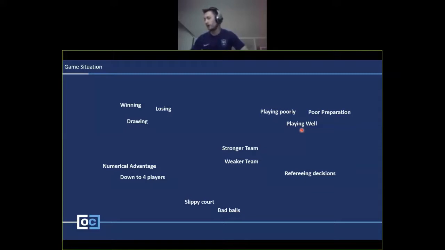Or if you've prepared badly for that day, you're not feeling too good, make sure you're not letting the team down. So firstly, try and prepare as well as you can. But if it hasn't gone well, external factors, make sure that you're letting the right people know and you're managing that.